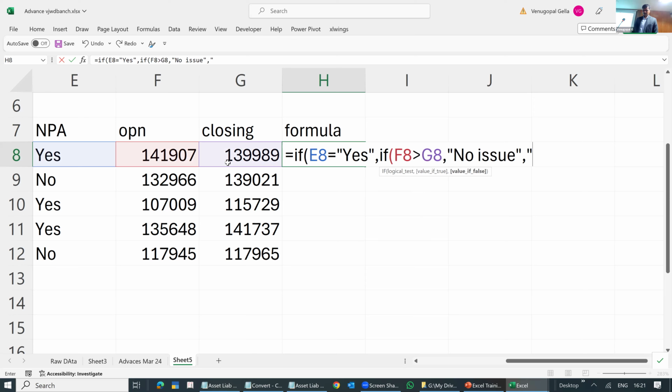Else, check the loan. If it is not an NPA, not NPA.